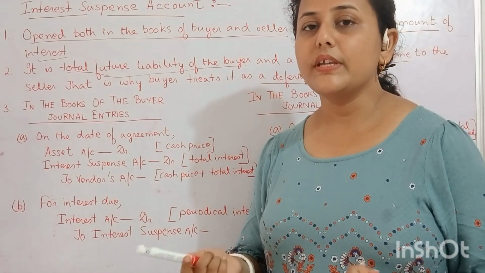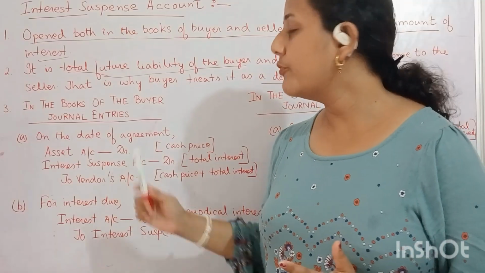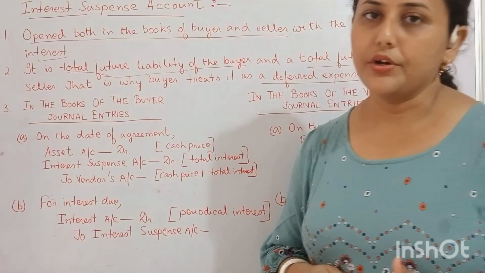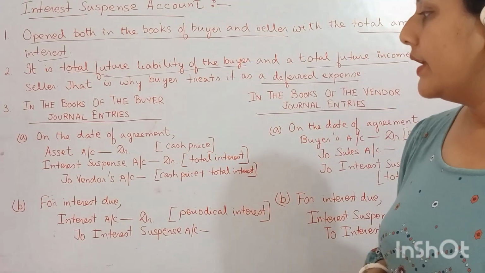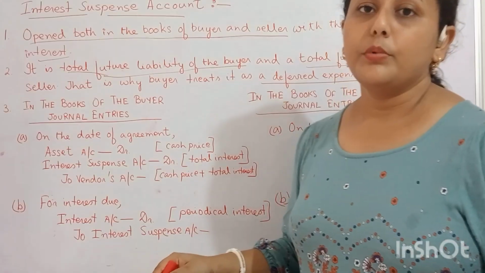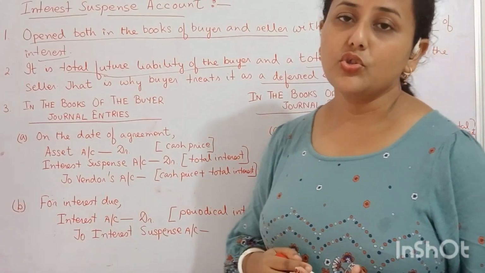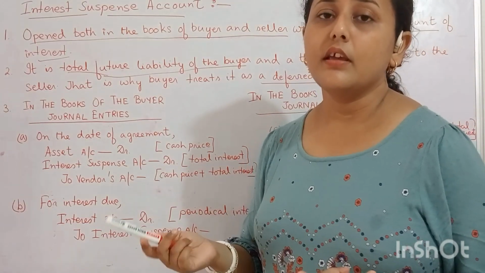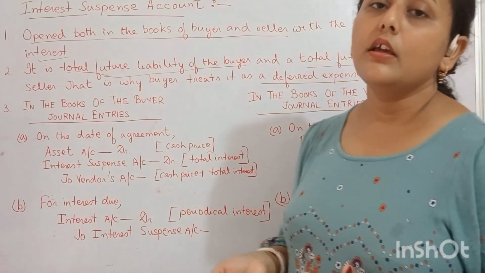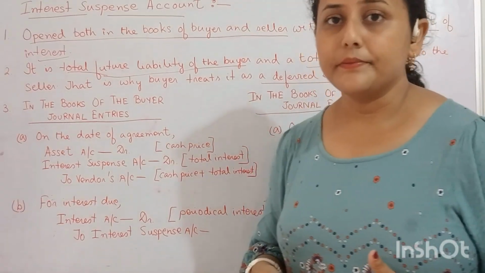The down payment entry in the books of buyer is vendor's account debited to bank or cash account. Then for the payment of periodical installments, if it is made on a yearly basis, then